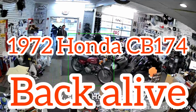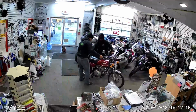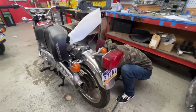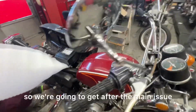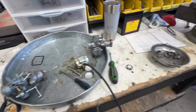Okay, so the Honda is a 1972 CB175. We get it checked out, and yes, the carburetors do need to come apart. They're sticky. We also have an oil leak that was discovered. But overall, the bike's pretty clean, so we're going to get after the main issue, get these carburetors rebuilt, get